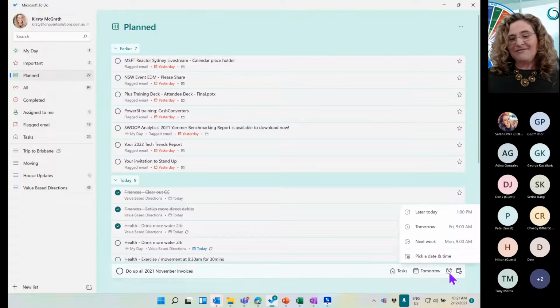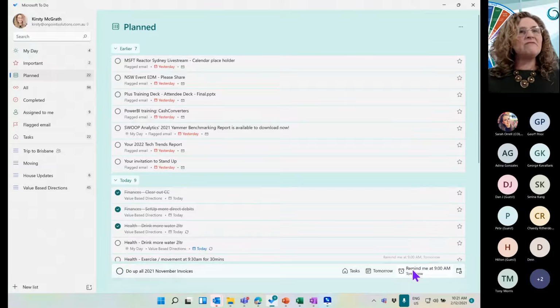I could go, okay, later today. Well, when do you want the notification? Give me the notification tomorrow morning to remind me I really need to get started on this. Okay, we're at the beginning of the month of December. I need to make sure November's all up and running. So cross fingers, maybe I'll get paid before Christmas. All very important, we want to get paid.